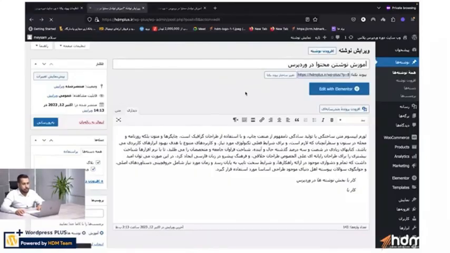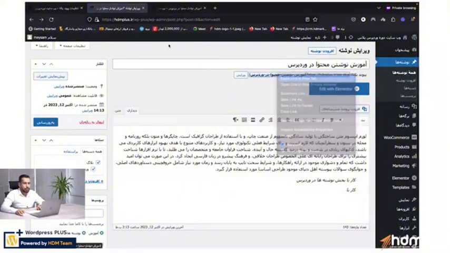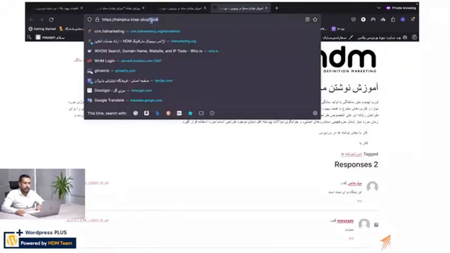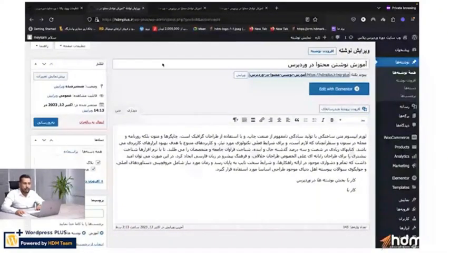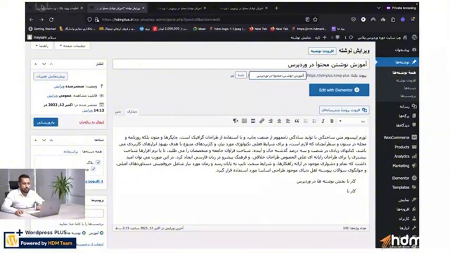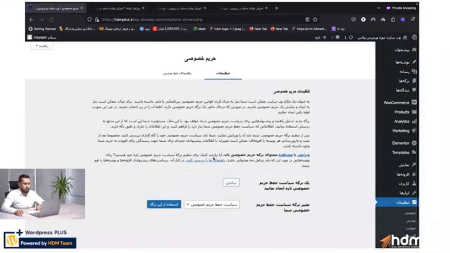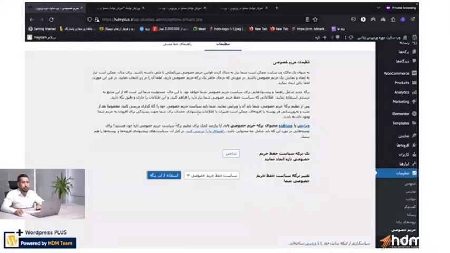I go to my post, and once I write and refresh it, which is here now, I can see the address it has generated for me. Notice that it has changed from that numerical p equals 8, which they call a query string, to a text. Well, this is much better for me and more impactful in SEO. So in order for me to change something in my post and use it, I need to set the permalinks to post name. The last setting we have is the privacy settings, where I can define a page for the